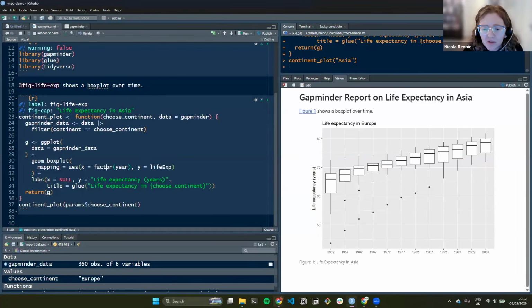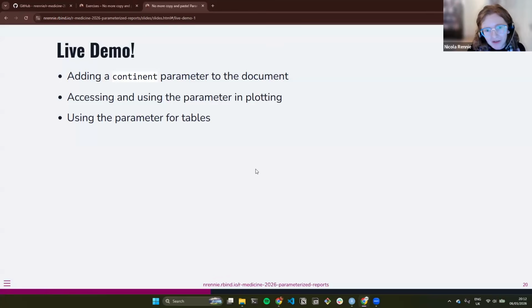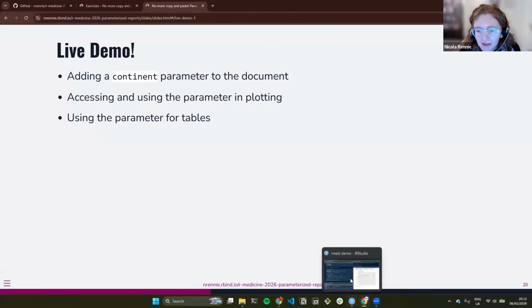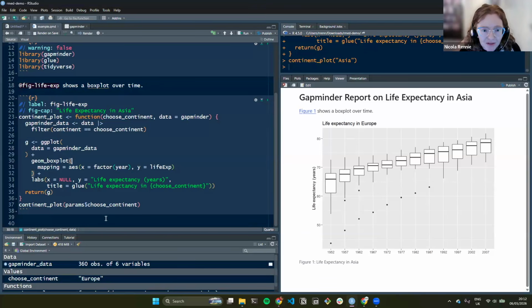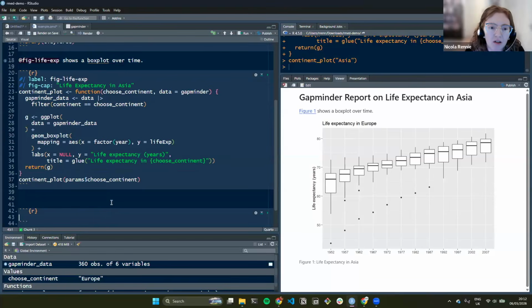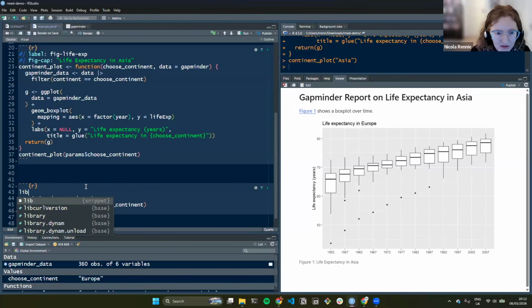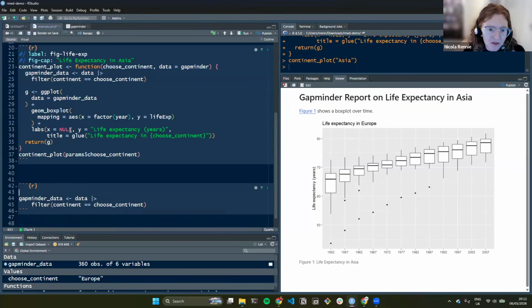So what I'm going to get you to do, if we go back to slides, I was going to say using the parameter for tables. Okay, we can look at an example of doing the same thing for tables. Okay, so we can use this parameter directly in code. It doesn't need to be used within a function. So if I load it up here,